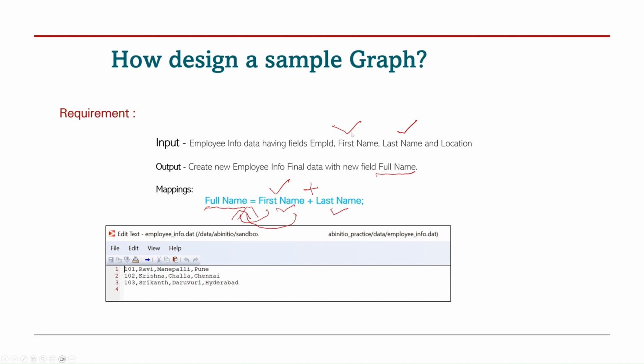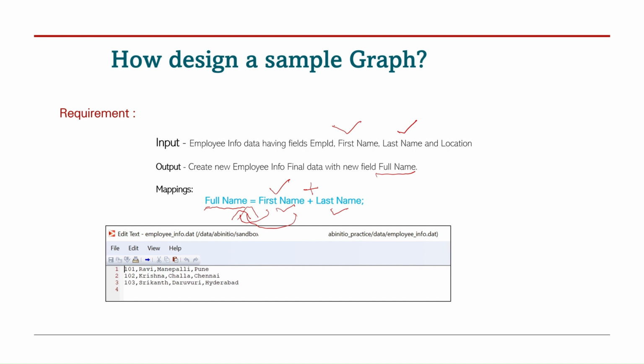So before starting your Ab Initio graph you need to understand how your input data looks and how it is available to you. Then the next thing you need to know is how to create your output. You will understand that by seeing your mapping conditions. Once you are clear with your requirement, what should be my input, what should be my output, and how I need to bring my input to output,